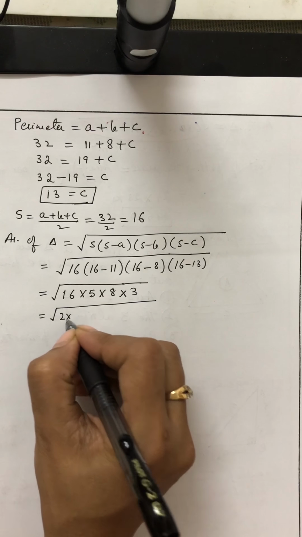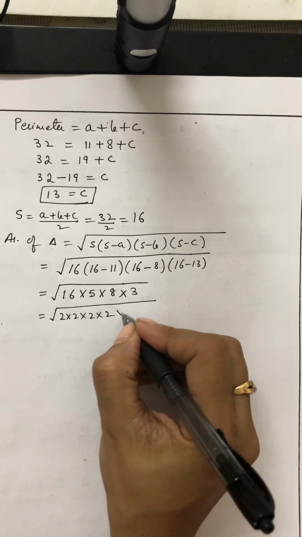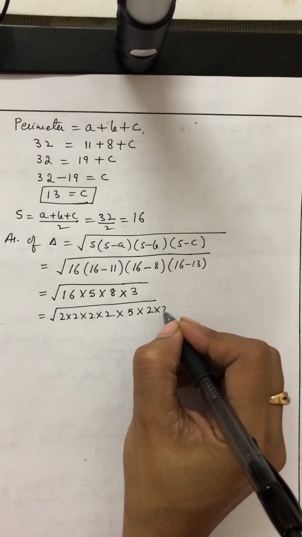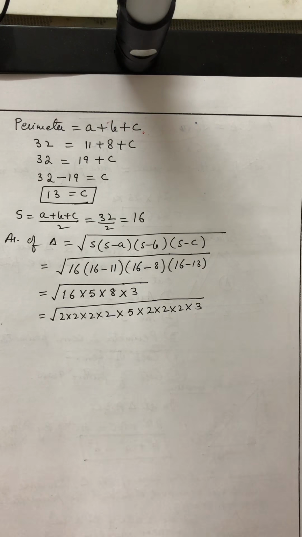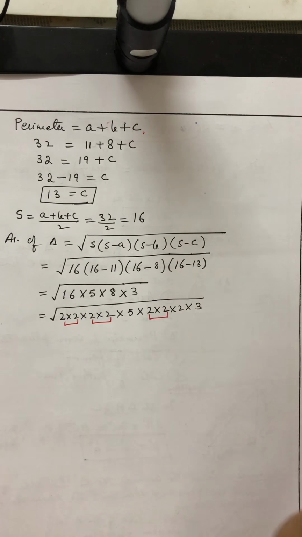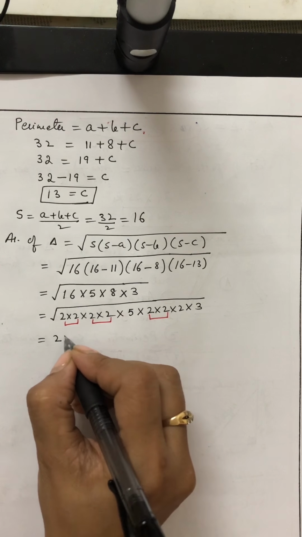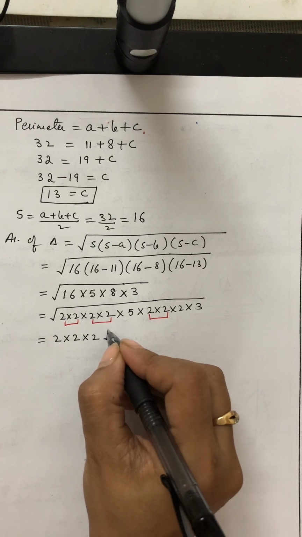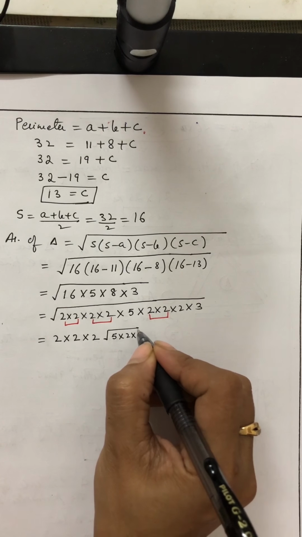16 can be written as 2 into 2 into 2 into 2. 5 can be written as 5 only. Then 8 can be written as 2 into 2 into 2 and 3 is 3. Let's see how many pairs we can make. 2, 2, 2. So 2 comes out. Out of this pair 2 comes out. Out of this pair another 2 comes out. And what is left under the root? It's 5 into 2 into 3,